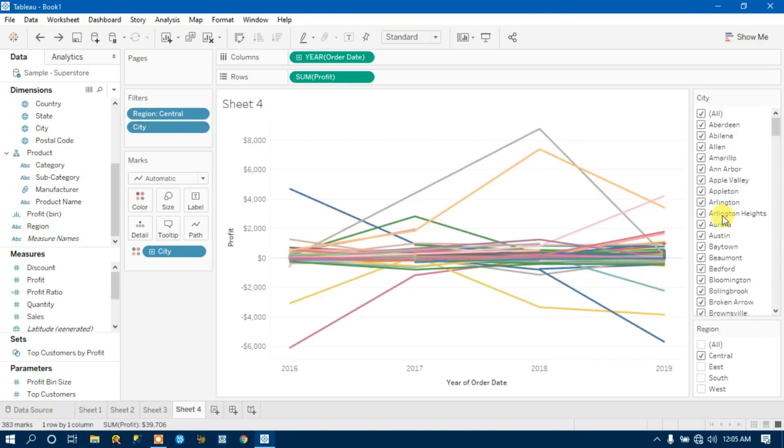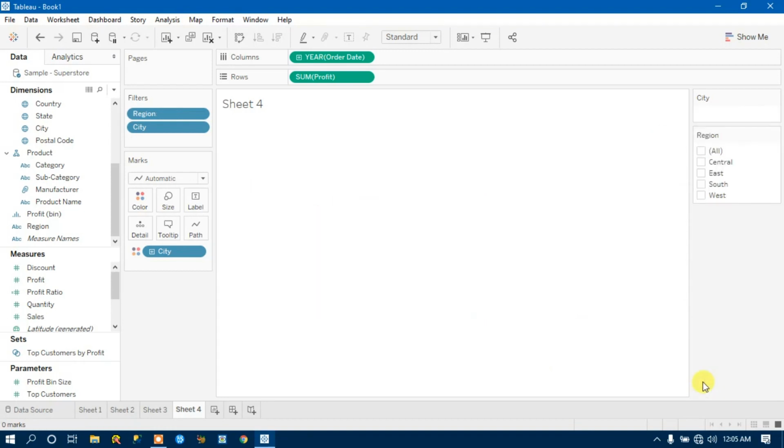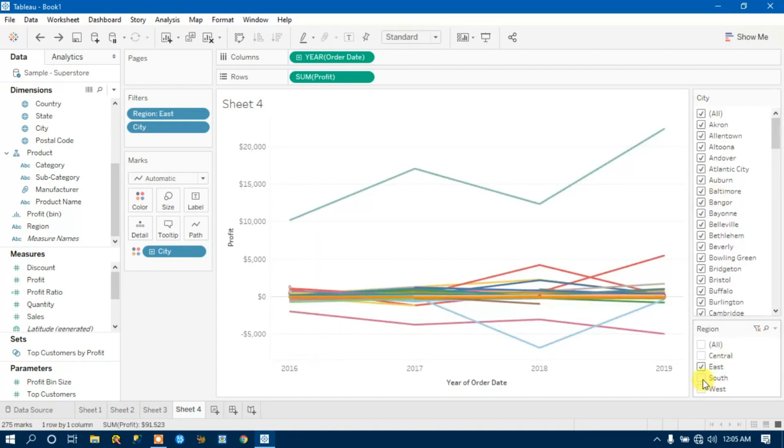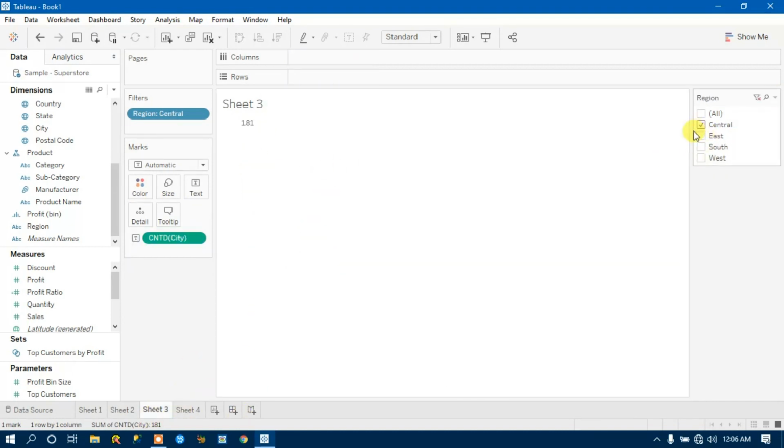Let's say I click on east, what will happen, it will pick only the east cities, right? Let's say I pick only the south, let's click on south, remove east, so it is picking only the south.